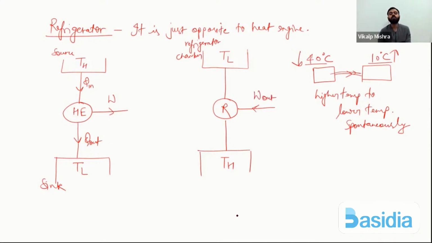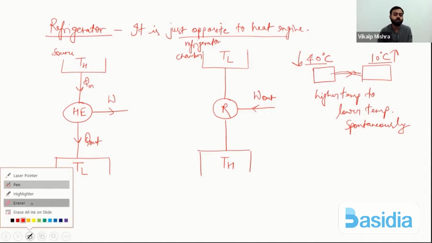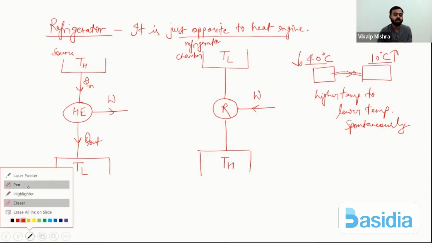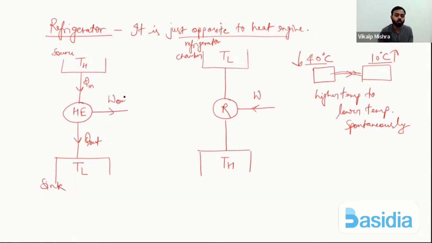on this refrigerator. So you can see it is just opposite to heat engine. heat engine में हम लोग को वर्क मिल रहा था। यहाँ पे क्या हो रहा है, हम लोग को वर्क देना पड़ रहा है, वर्क सप्लाई करना पड़ रहा है, ठीक है। तो ये हम लोग को वर्क आउटपुट मिल रहा था, यहाँ पे हम लोग को वर्क देना पड़ रहा है, वर्क इनपुट। अब क्या होगा, इस एक्सटर्नल वर्क की वजह से, यहाँ से टीएल से, लोअर टेम्परेचर से हम लोग हीट एक्सट्रैक्ट